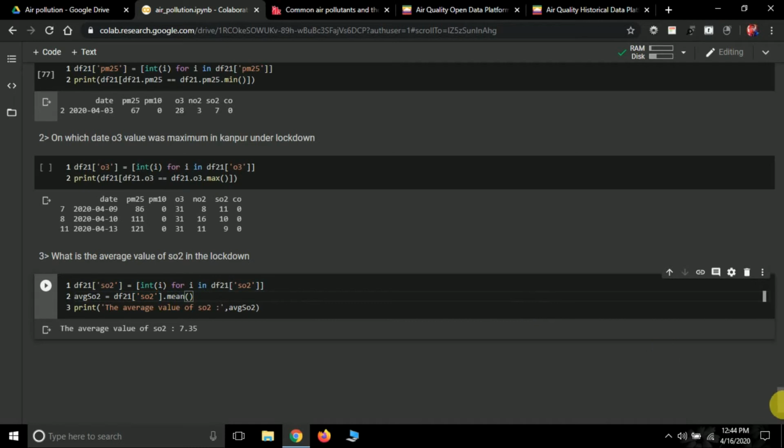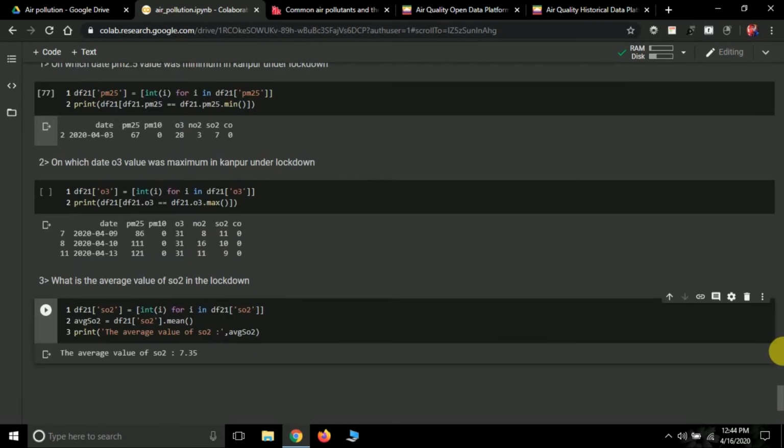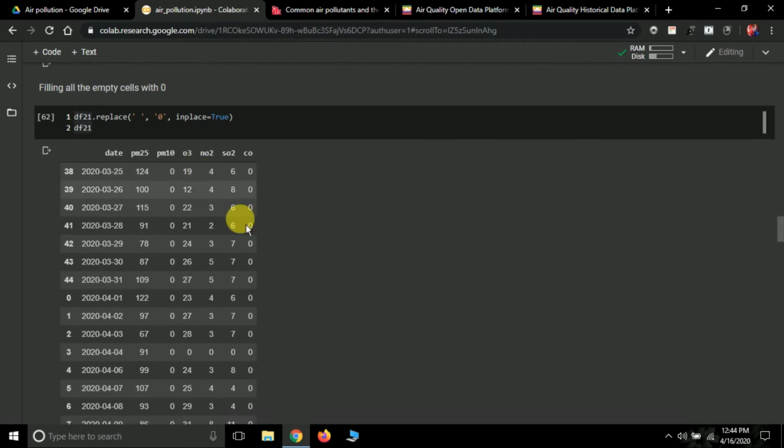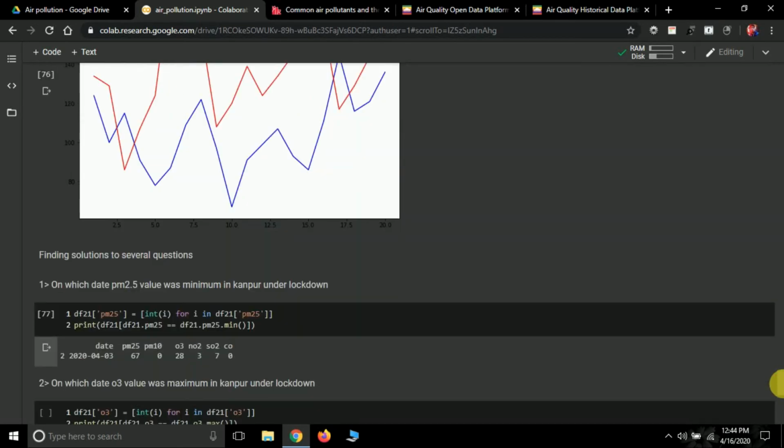The mean method finds the average of all the values. Print the average value of SO2, avg_SO2. So 7.35 was the average value of SO2 in this 21 days lockdown. If you want the average value of NO2, you just have to pass NO2 like this.